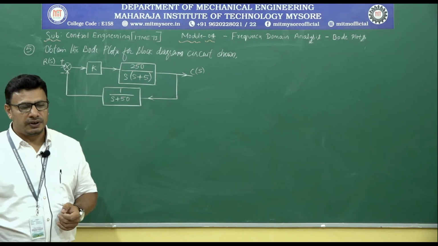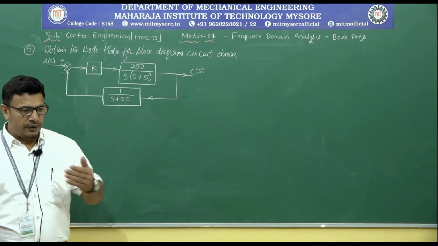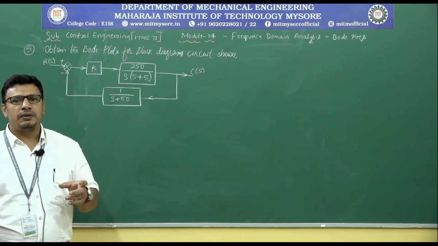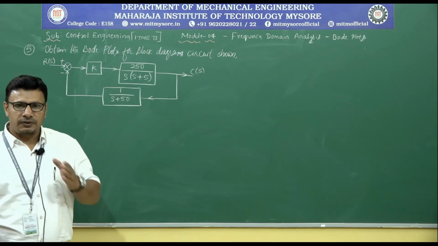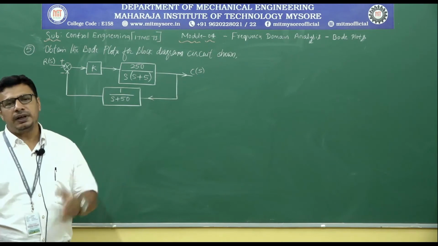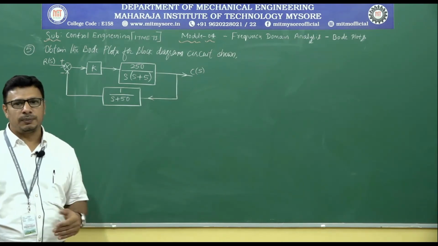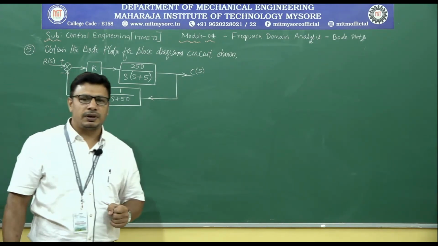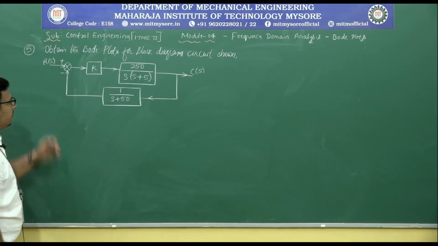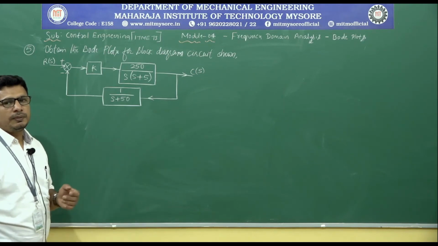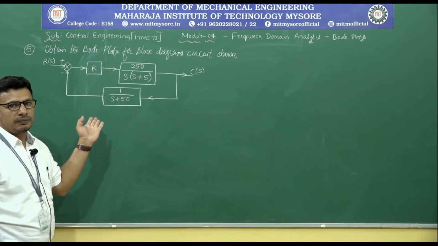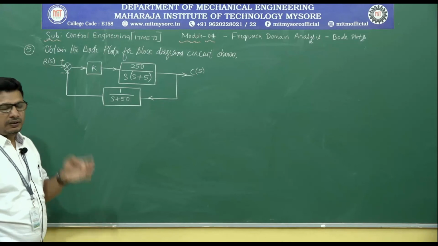If we recall what we had discussed in the previous sessions, the procedure is: first ensure whether the given problem is in terms of the open loop transfer function G(s)H(s) or not. If it is not, then you bring it to the G(s)H(s) form, then you start applying the procedure for drawing the Bode attenuation diagrams. So here the block diagram is given, so you need to first find the open loop transfer function from this block diagram circuit, and then you can start the solution.